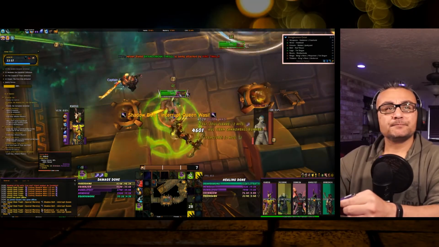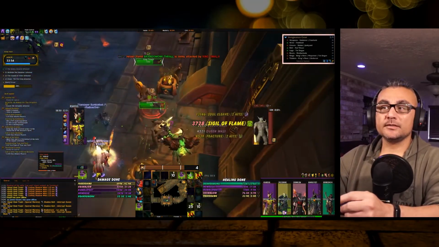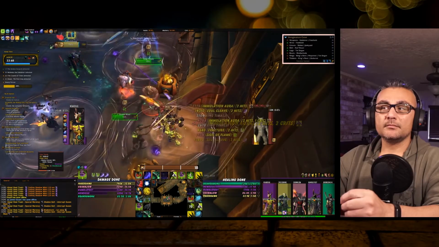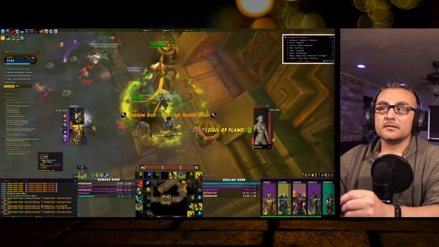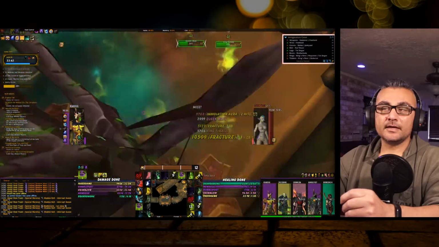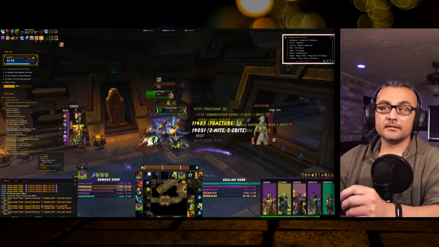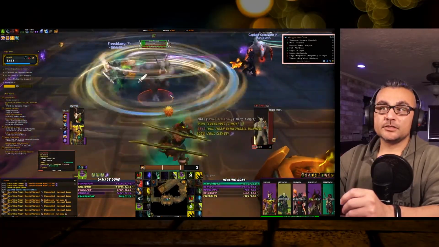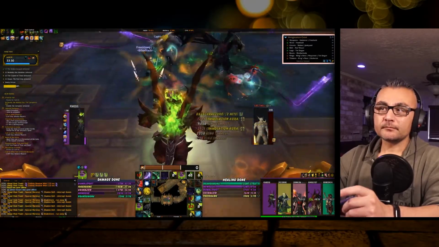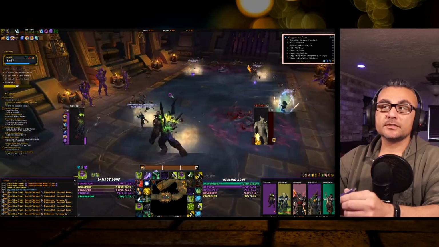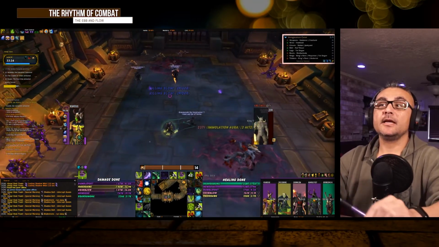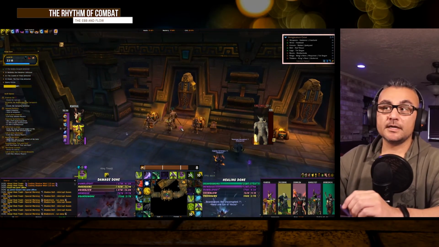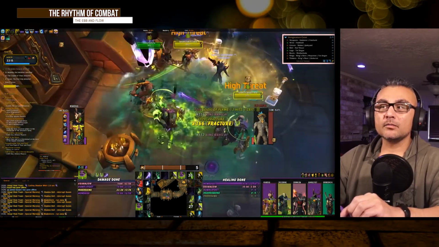I think one of the best things you could do as a tank to keep things smooth is to position the mobs to where your group can always just cleave them down. Like I said, a DPS's job is to DPS. So if after the first few pulls you're seeing that you've got some awesome DPS and you're pretty beefy, or your healer is just doing a superb job, then you might want to start looking into